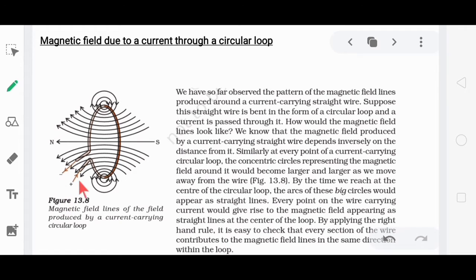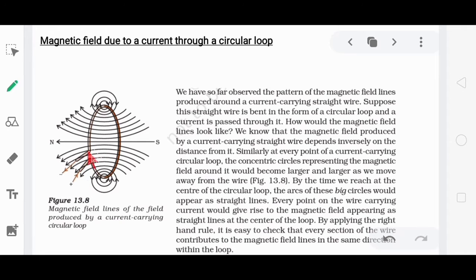When current flows in this direction, students, now we are known to the right hand thumb rule. According to this rule, if this is the direction of current, means if this is the direction of our thumb, you can do this. Point out your thumb in this direction, you will see that your fingers are wrapped on this conductor and they are coming out of the conductor. It means magnetic field lines will seem evolving from the loop like this.